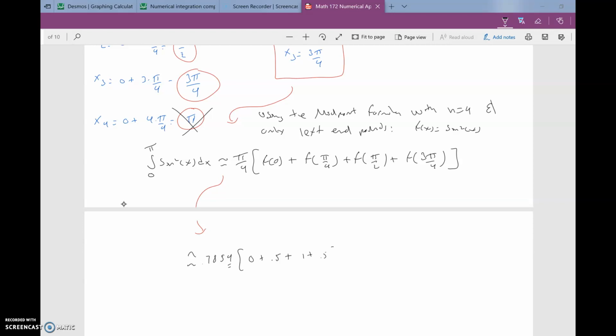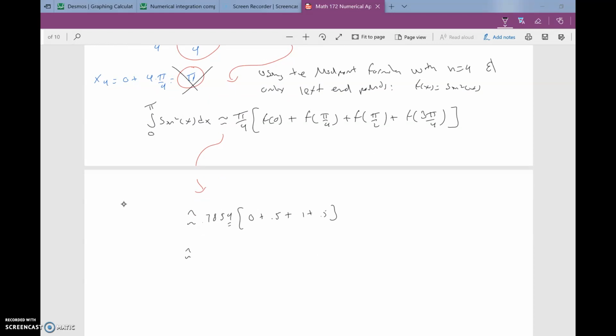Plus 0.5. Okay, so let me multiply 0.7854 times 0.5 plus 1 plus 0.5. Okay, I'm getting that this is approximately 1.5708. That's what I'm getting. I'm technically using the rounding without modifying any of these, and I am rounding to 4 decimal places, so 0.7854, 0.5, 1, and 0.5. So 1.57. Remember that the actual value was actually pi over 2,